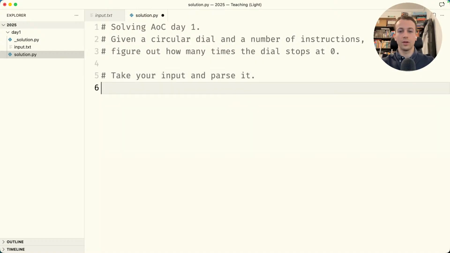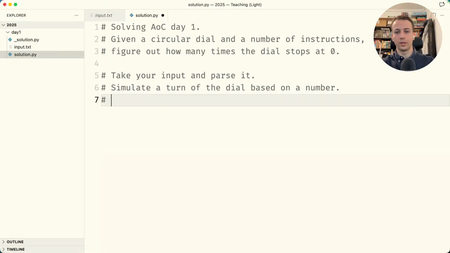Because what you have now is a text file and you need to turn it into something you can use. You need to be able to simulate a turn of the dial based on a number, which is the number you get from your input, and you need to make sure the dial works as a circular